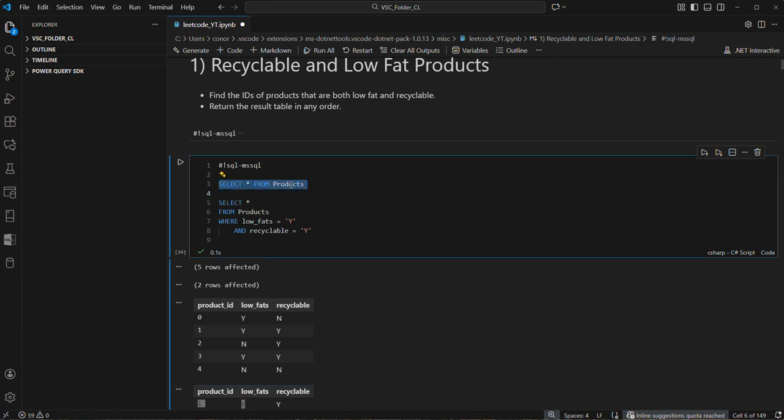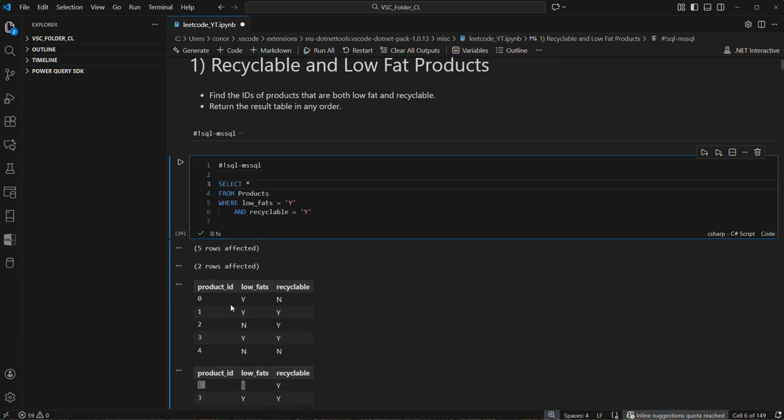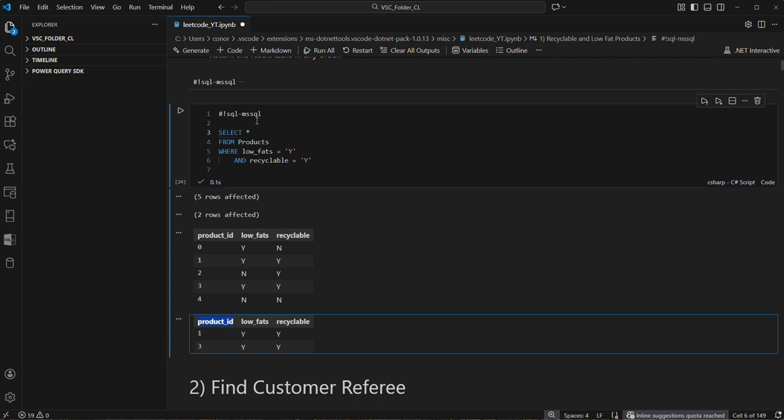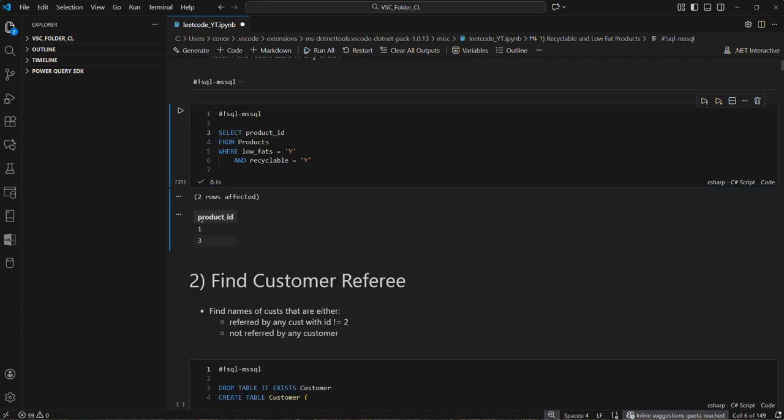Now, just to clear it up, they were requesting just the product ID, so I will do that. And this is the final answer that I will submit into the LeetCode platform, which, by the way, I will include a link